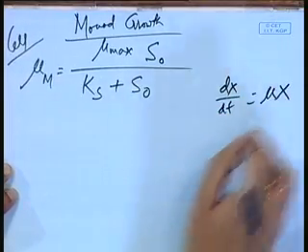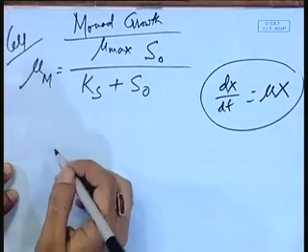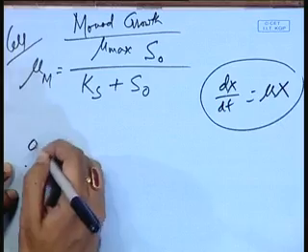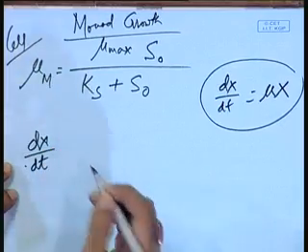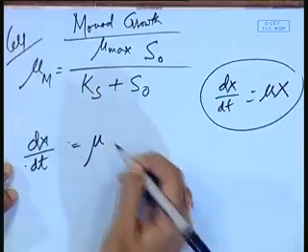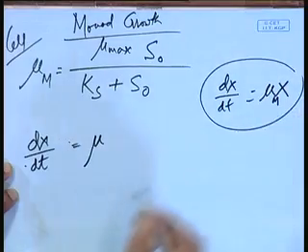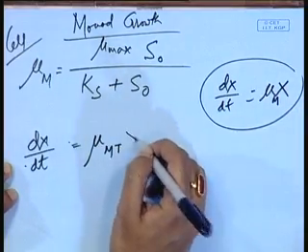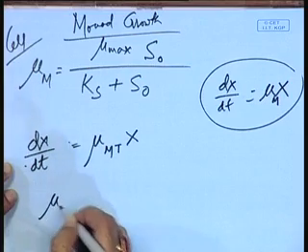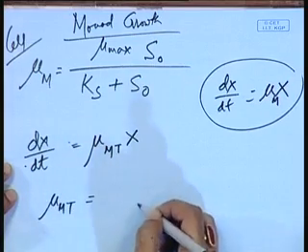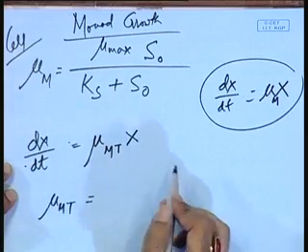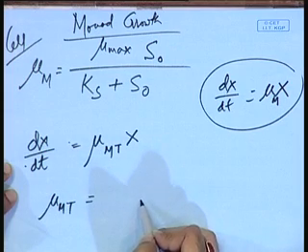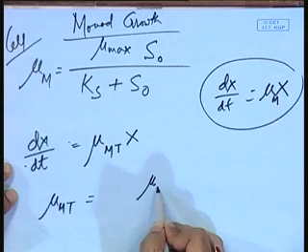Now in the presence of mass transfer, how is this going to alter? What is the growth rate going to be in terms of presence of mass transfer? This is going to be mu, let's call this mu m, so mu m times X. Now this is going to be mu something else, let's call this mu mt times X, okay? How is it going to be different? Mu mt equals what? It still follows the same thing, what is mu mt?